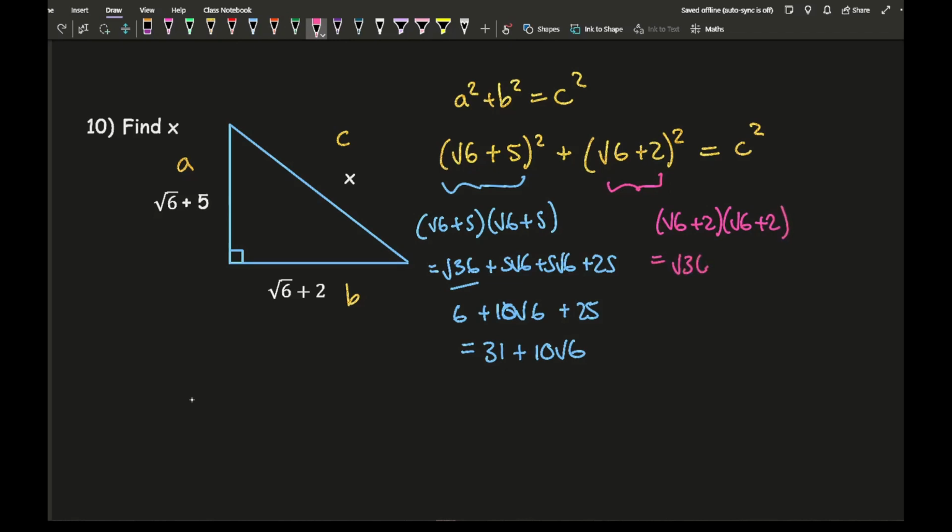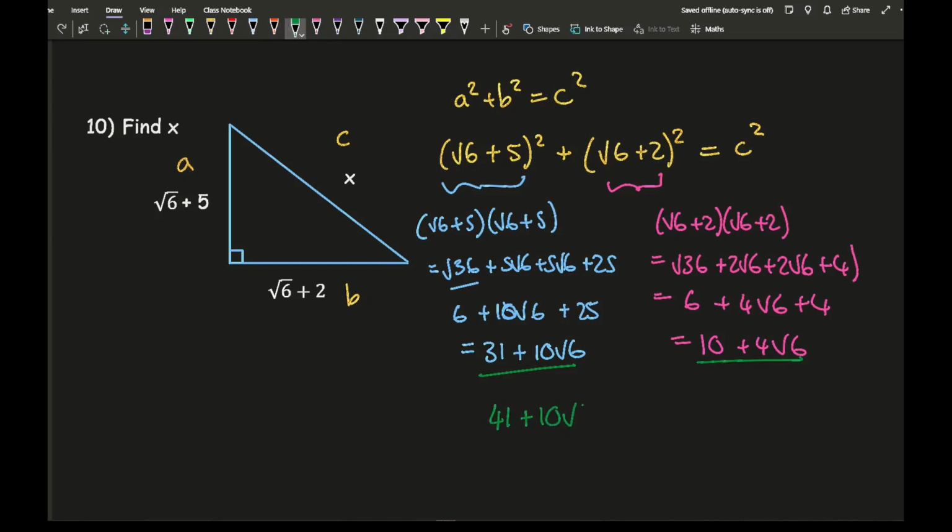That then becomes root 36 plus 2 root 6 plus 2 root 6 plus 4. That then becomes 6 plus 4 root 6 plus 4, which then gives me 10 plus 4 root 6. Now what I've then got to do is add these two things together. So what I then get is 41 plus 14 root 6